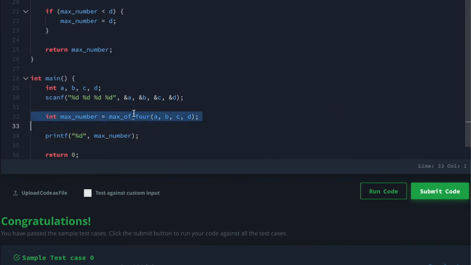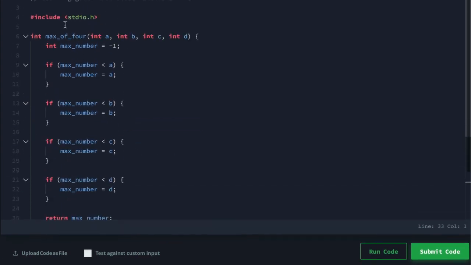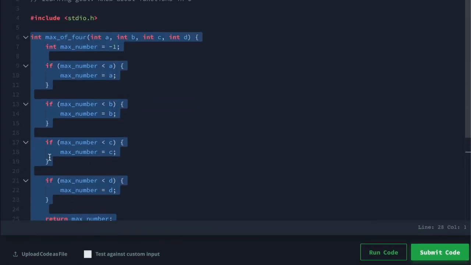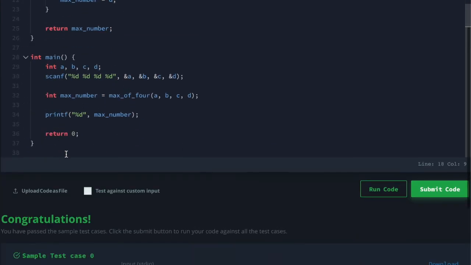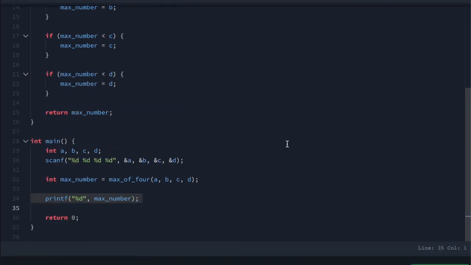This complete block is called defining a function: how the function will behave and what the function will do. And this line is called the call, the line where my method, my function, will be called. Right, so this is the printf statement, and now we will run the code so that you understand.